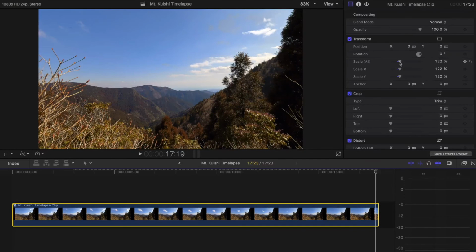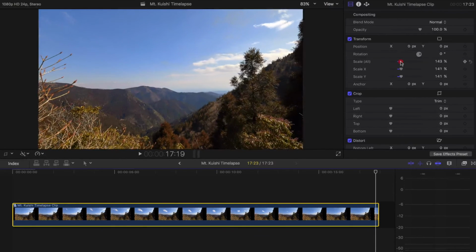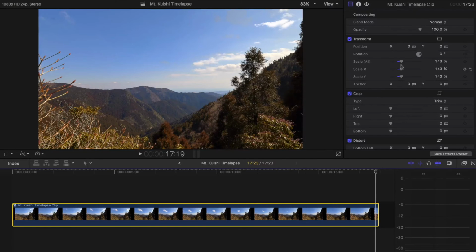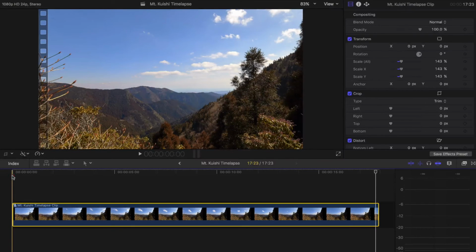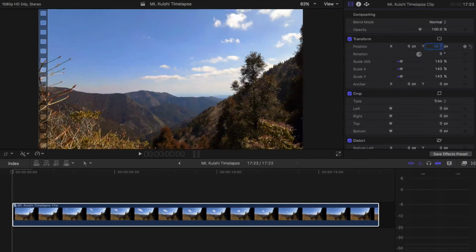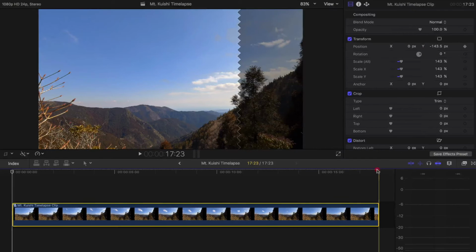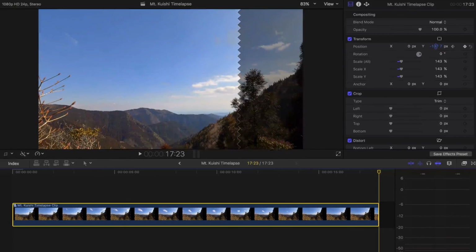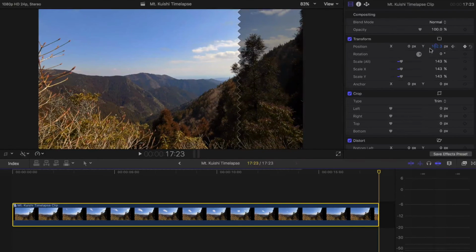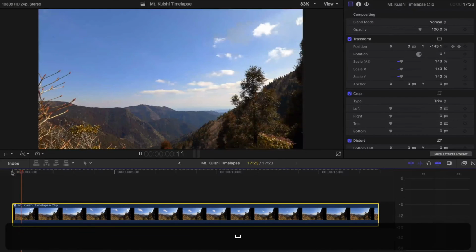Now there are lots of things that you could do with this because we have a lot of extra resolution compared to the 1080p video size. You could really scale it in a bit more, and then you could keyframe it so that it's going to move up or down or something like that. At the beginning of the video, I will move it down and add a keyframe there, and let's just go to the end of the video and move it up a bit, and you'll just get this kind of panning